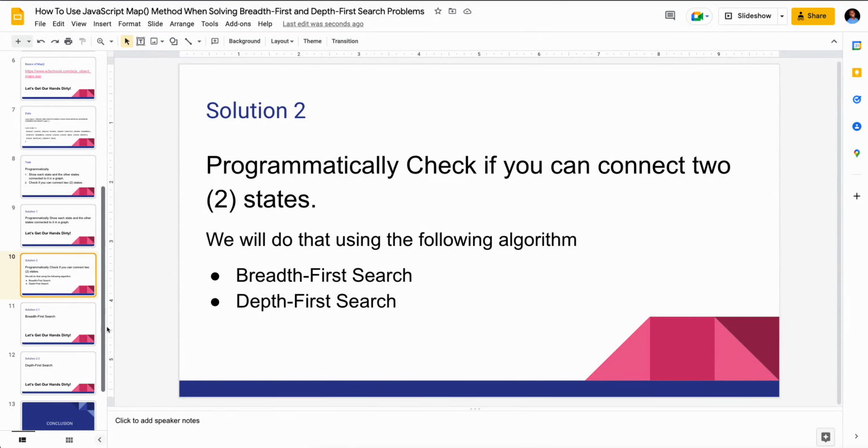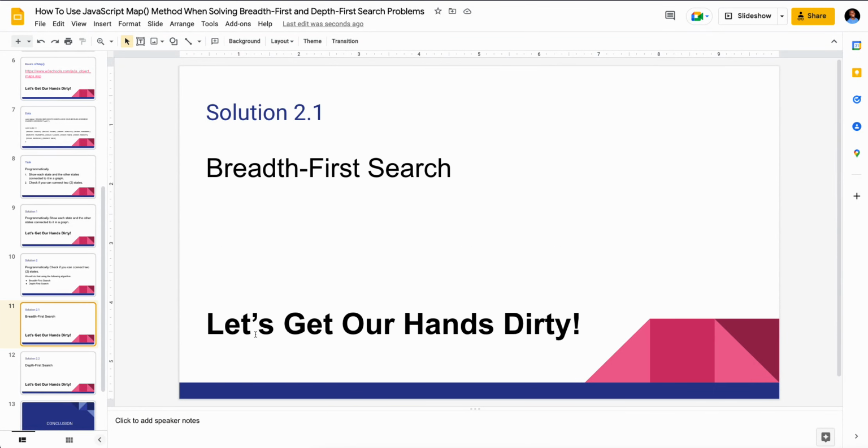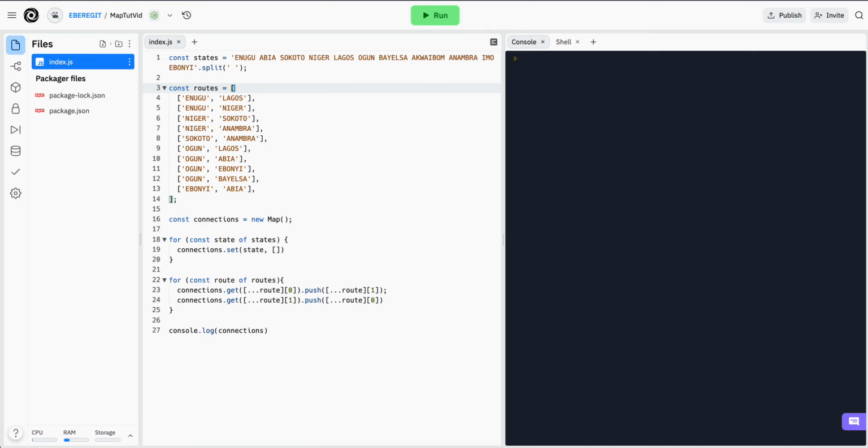Move to the breadth first search. So that's the first way we are going to be checking if there's a connection between two states that will be given. So let's get our hands ready. Let's move to repl.it